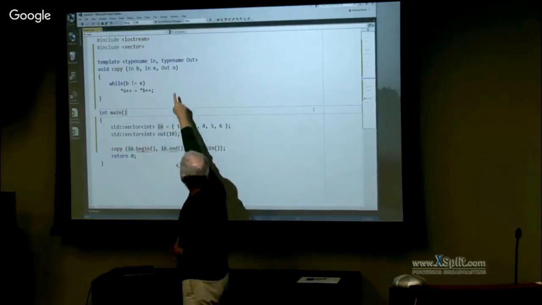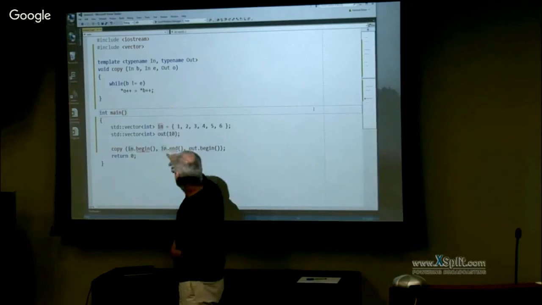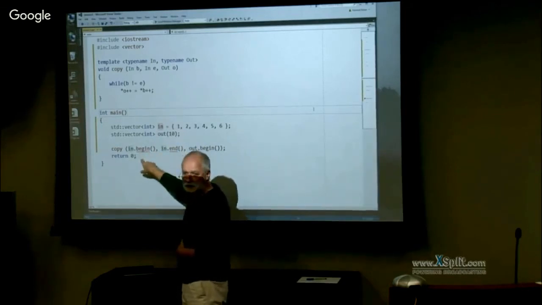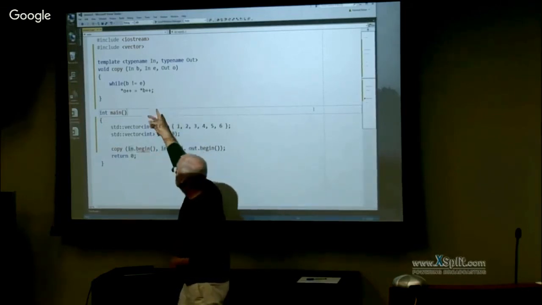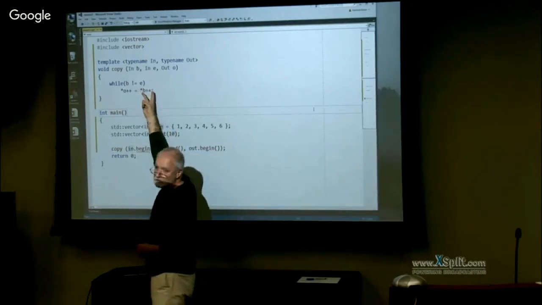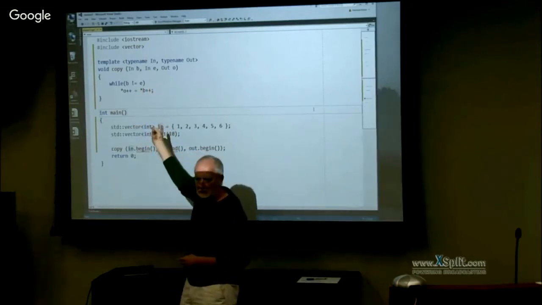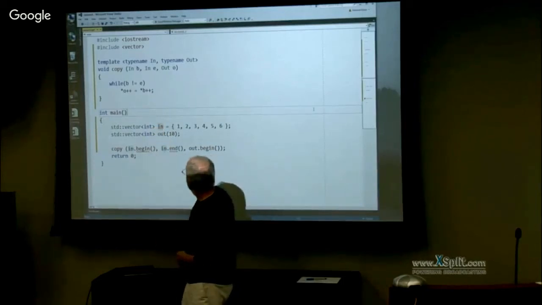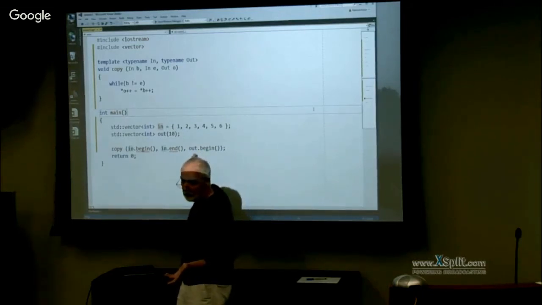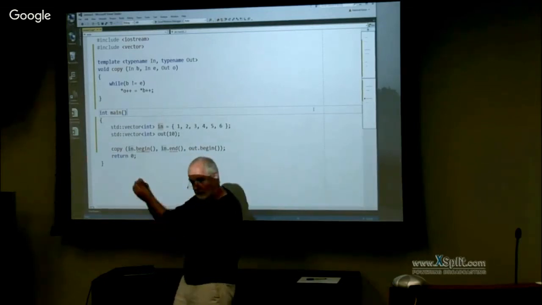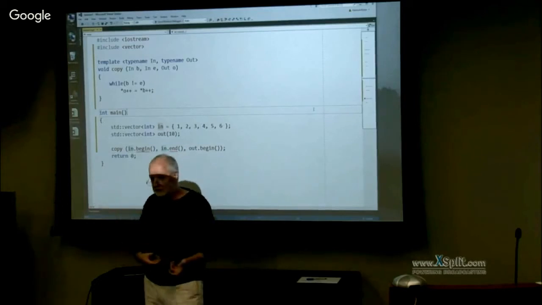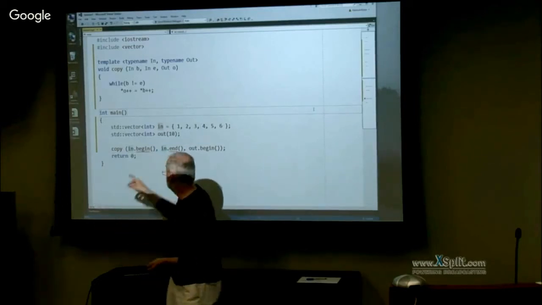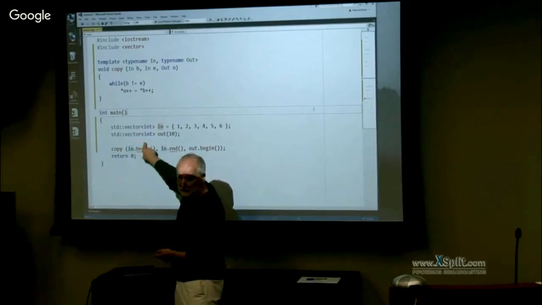Whatever type out is, it is replaced by that, and whatever type in is, these two give me, it's replaced there. The only constraint I told the compiler is that the first and the second argument have to be the same type. Well, not the third. Because it might not be a vector, it could be a list, it could be whatever you want, right? All you require is that this is an output iterator, which has the properties of an output iterator, and it can be provided by any container. And we will replace that with a list in a second to show you how that works.